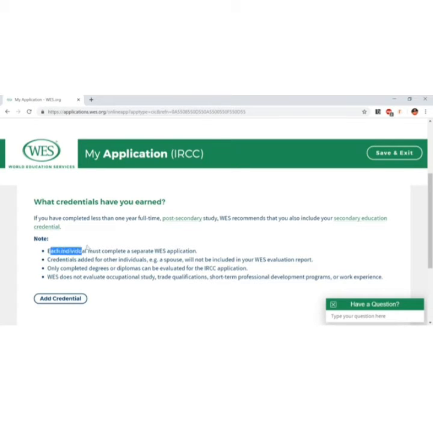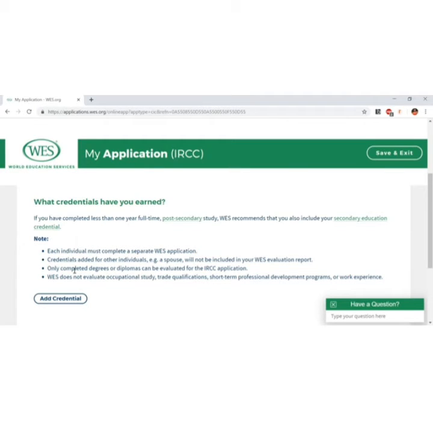And another thing is each individual must complete a separate WES application. Most of them who are trying for Canadian PR now should be knowing that there is an option where you can apply as a family. Either the wife or husband can be primary applicant, and the spouse and the children can be secondary applicants. Even in that case, if you would like to get your husband's or your partner's ECA done, it should be done through a separate application. One application and one reference number is for one individual only. It cannot be shared between individuals.